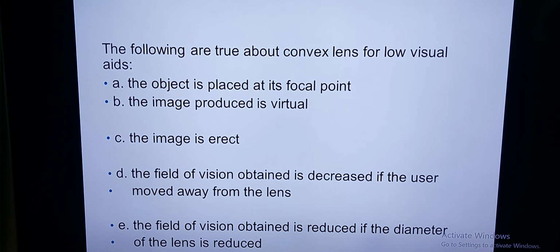आई लेंस। Field of view obtained is decreased as the user moved away from the lens, इसकी बात करें डी की। आप किसी भी चीज को देखें या आप इमेज और उसके दरमियान अगर आप डिस्टेंस बढ़ाते हैं ऑब्जेक्ट के तो एंगल सबटेंडेड कम होगा, कम हो जाएगा। जितना करीब आएंगे तो विजुअल एंगल जो है वो बढ़ेगा। ठीक सर। किसी भी चीज को करीब लाने से उसके विजुअल एंगल में इंक्रीज होता है, बिल्कुल सर।